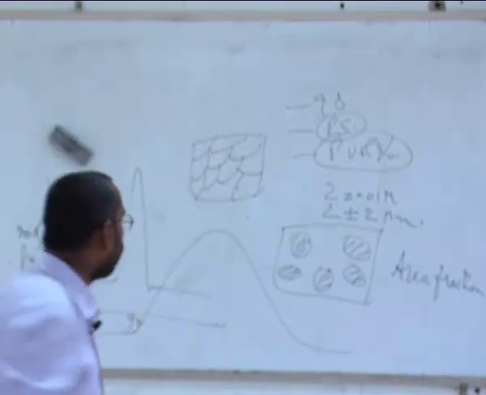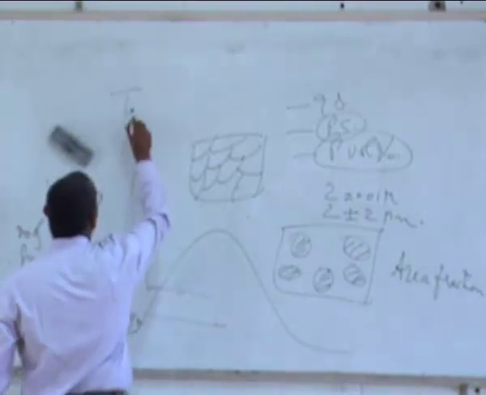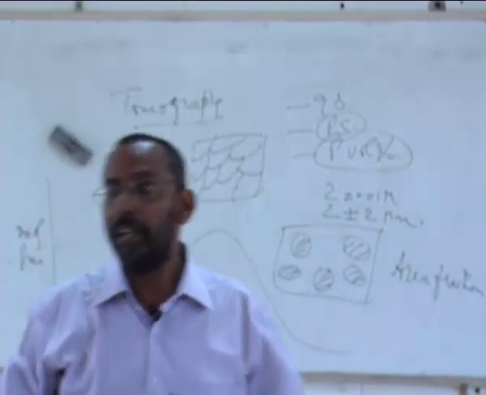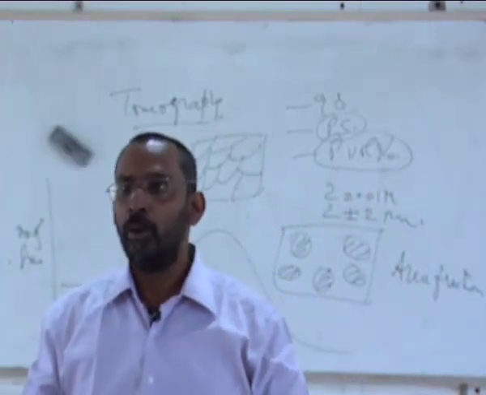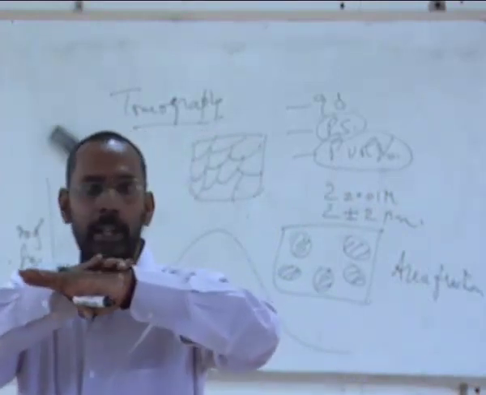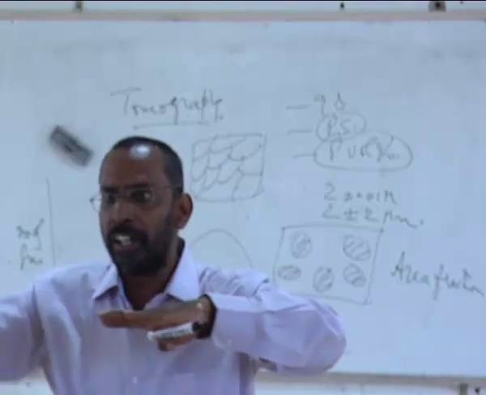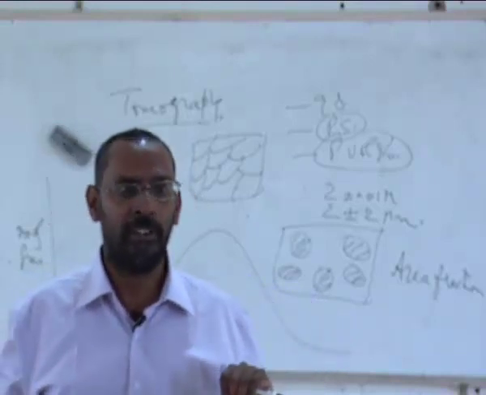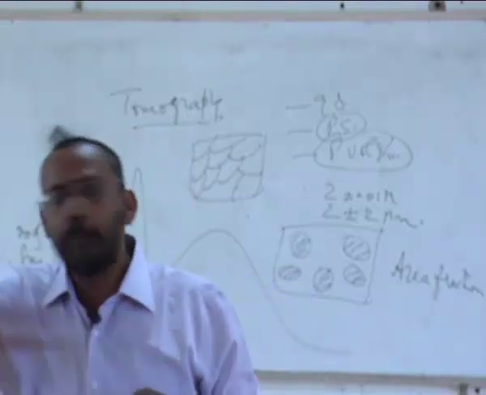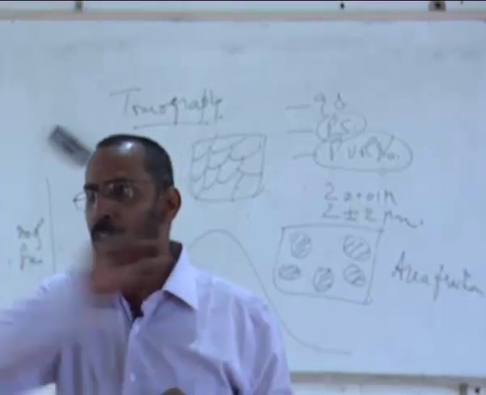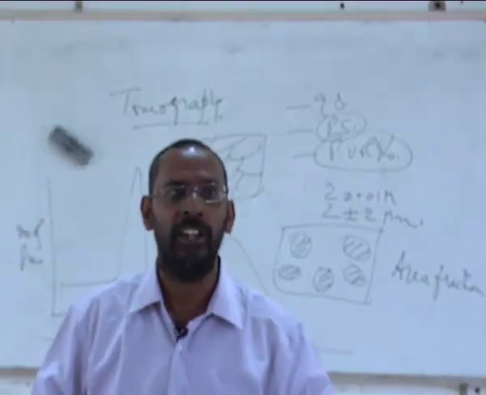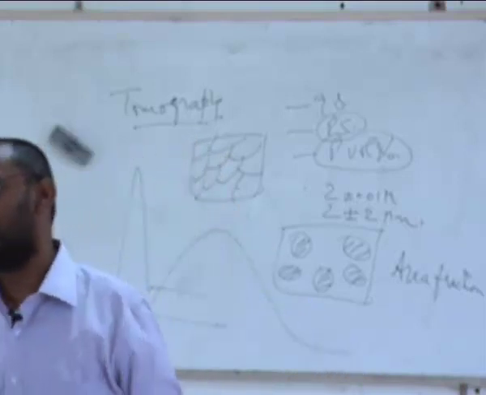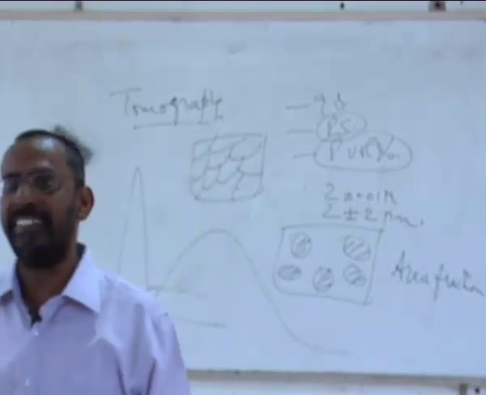People do what people regularly call tomography, which is basically looking at the 3D image of the particles. How do I do it? I simply take a material and polish it and look at the microstructure first. Then I again polish it a little more, remove a few micron layer, again see the microstructure. Keep on doing it more and more. Section it, okay, slice it.